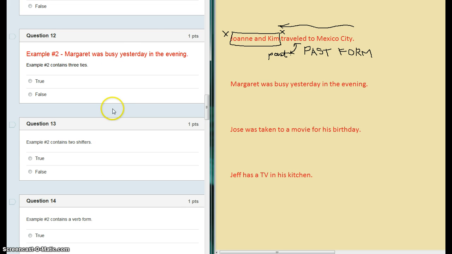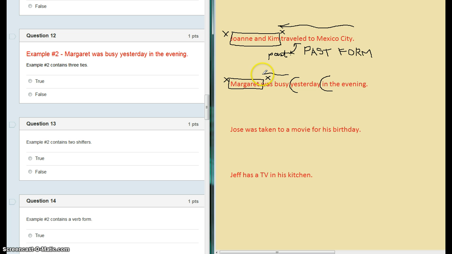Question number 12. Margaret was busy yesterday in the evening. Let's take a look and we'll see first what kind of a sentence we're looking at. Are there any shifters? Yes. In the evening, Margaret was busy yesterday. Yesterday, Margaret was busy in the evening. I've got two shifters. The X word is was. I move it in front of Margaret to make a question. Was Margaret busy yesterday? The subject is between the two X word places, and everything from the subject to the